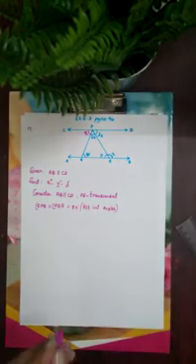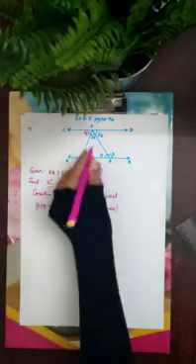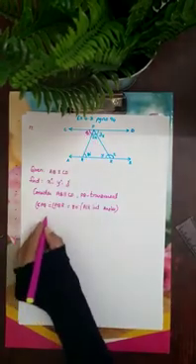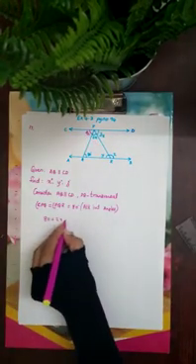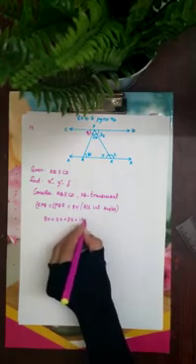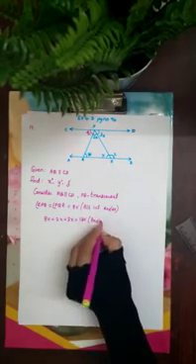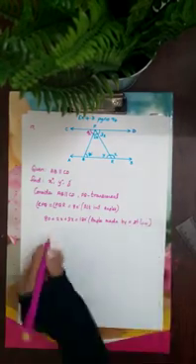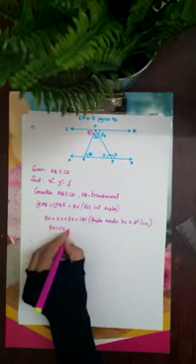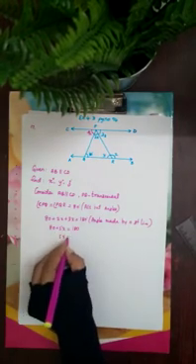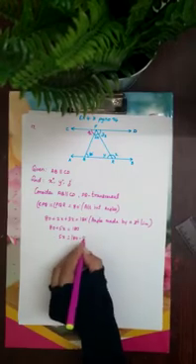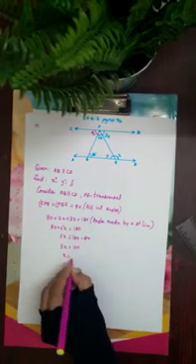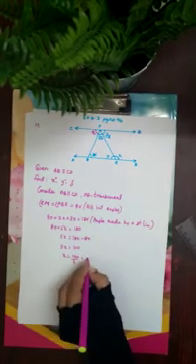Okay, children? Once we have found this 80 degrees, now can I say what is the sum of the angles made by a straight line? What is it? 80 plus 2x plus 3x is equal to 180 degrees. Yes, angle made by a straight line is 180 degrees. Now let us add: 80 plus 5x is equal to 180. 5x is equal to 180 minus 80, transposition. So 5x is equal to 100. X will be equal to 100 by 5, which is nothing but 20 degrees.